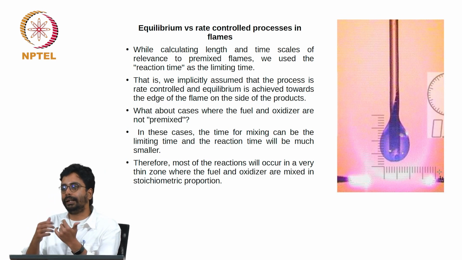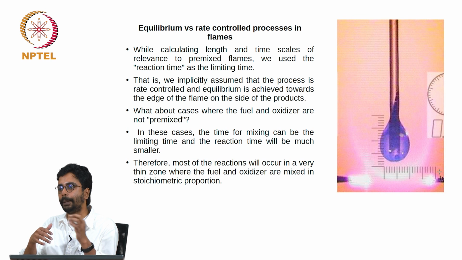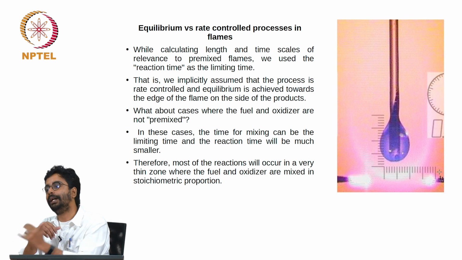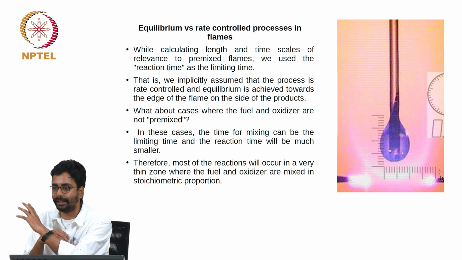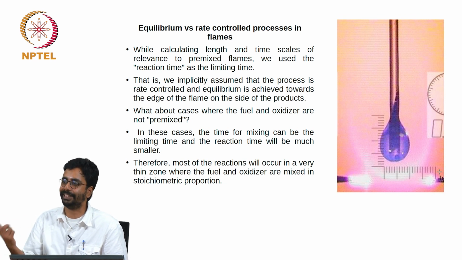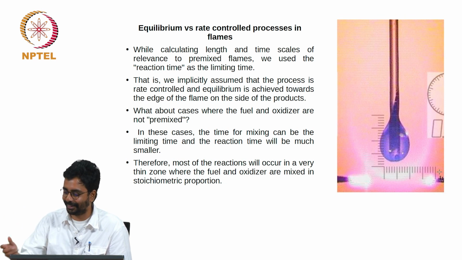So, the extent of dissociation, for example, if you consider the dissociation of carbon dioxide, if you fix the temperature at, let us say, 2000 kelvins, at 1 atmosphere the extent of dissociation of carbon dioxide will be much more than what it is at 5 atmospheres, and the dissociation reactions are endothermic, so they will consume energy and bring down the temperature. So, once the extent of dissociation decreases as the pressure increases, the flame temperature increases. What I want you to think about is why the extent of dissociation decreases with increase in pressure. That is something that I will leave as an exercise for you to think about.